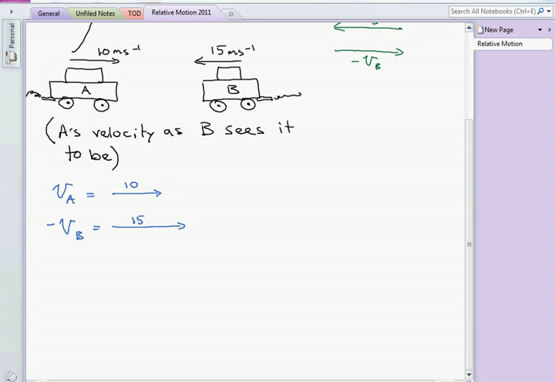Okay. So now if we do our vector addition, we're just adding those two things together. Even though one of them is negative, remember that's just a quantity in a direction. If we take those together and do VA plus minus VB, we get, I'll put the equals down here,